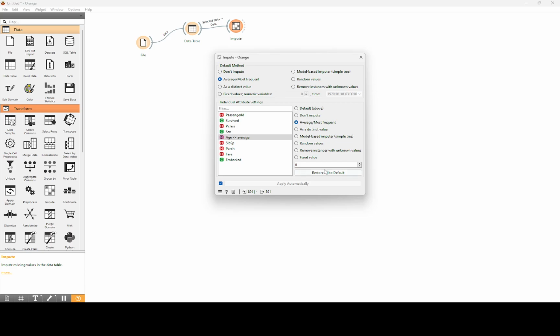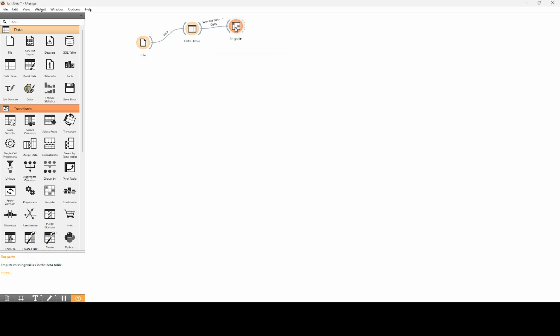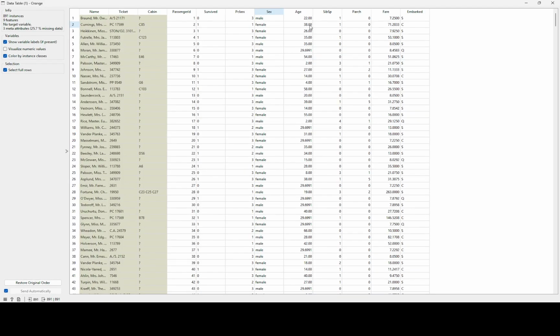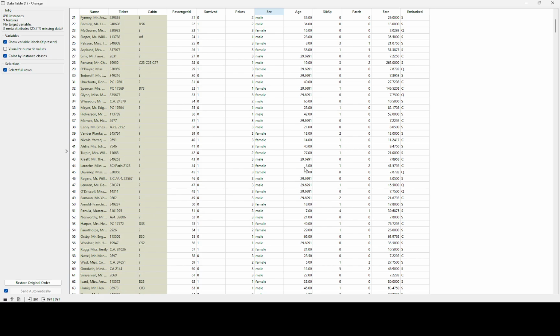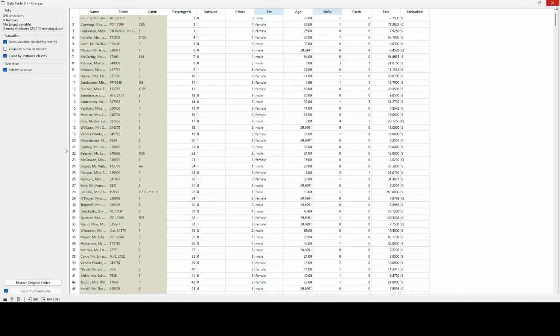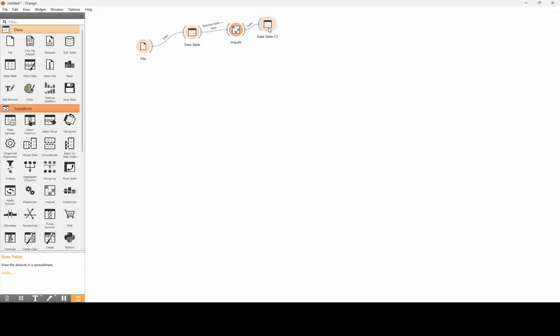So we select this one and restore all like this, and apply automatically. So it is applied. Here we can see from the data table that the age is no more empty. The average is calculated, and those values are filled with those average values.